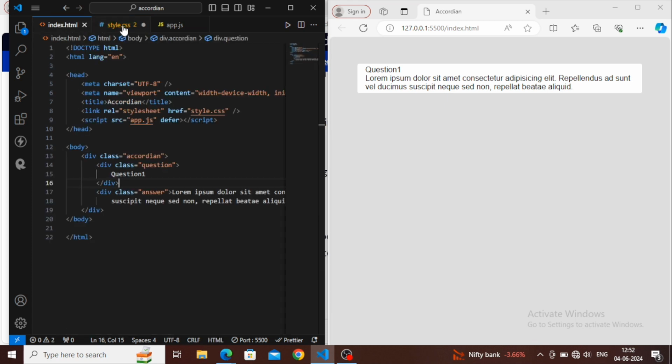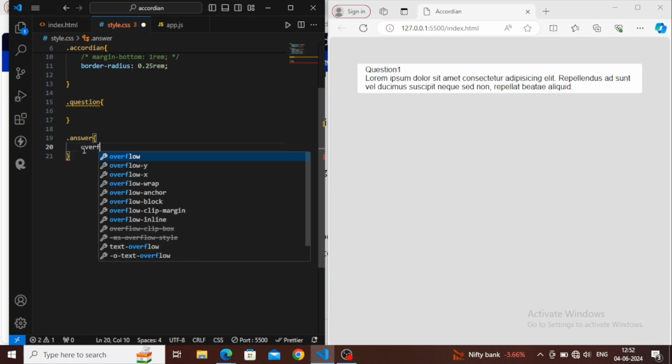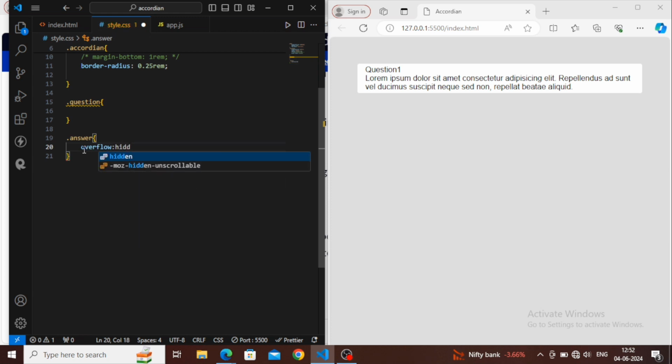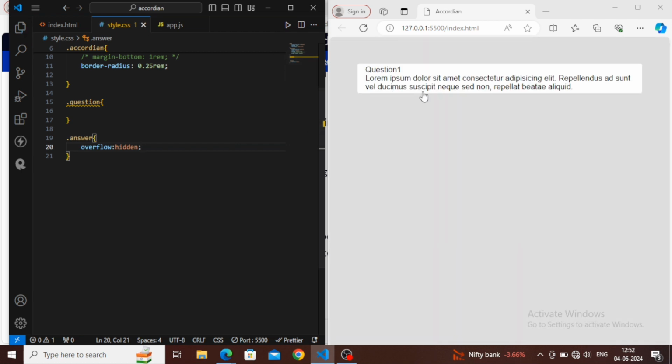So for answer we will give overflow hidden. Why am I giving this overflow hidden? Let me show you. What we need to do is, when we click on this, this content should disappear from here, and again when we click on this, the content should be visible here.